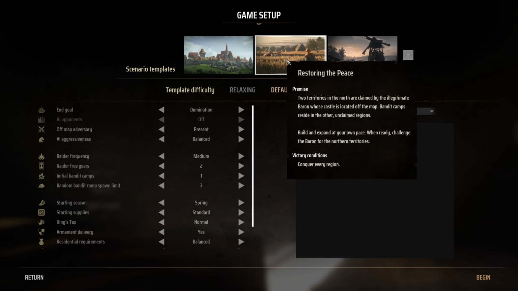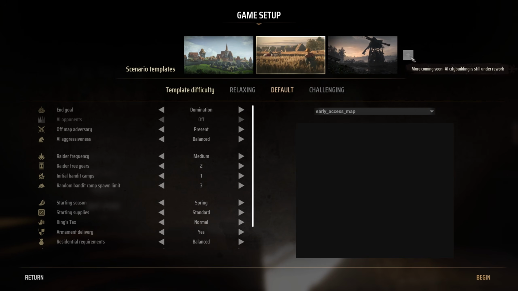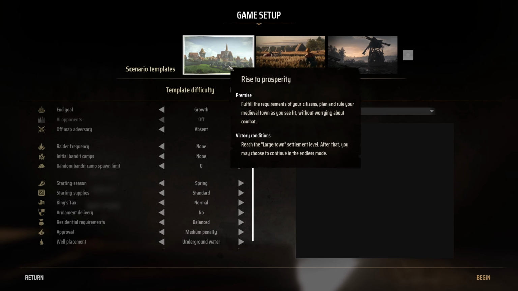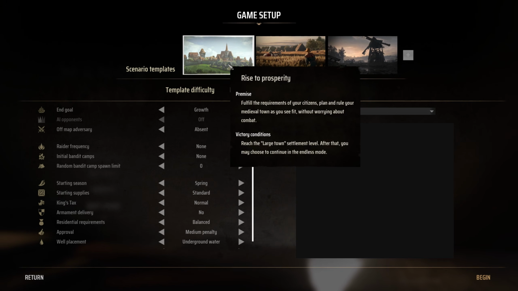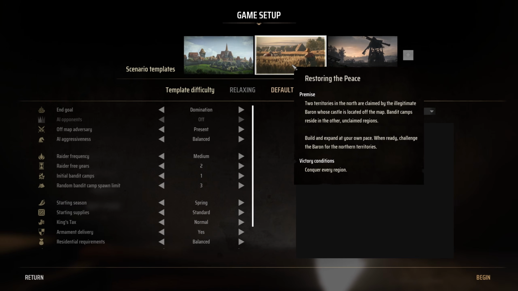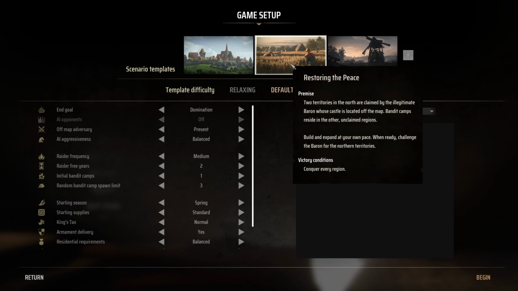And then there are 3 game modes we can play in at the minute. There are actually more on the way, as this game is still in early access, so there's still a lot of content coming to the game. The Rise to Prosperity game mode is essentially like a more relaxed city building one. You're not going to have anyone raiding you. It's just about building the town how you want and surviving. Then we've got Restoring the Peace, which is almost like a story version of the game, where there's an evil baron who lives outside of the map that's trying to take over all the territory, and you're winning it back